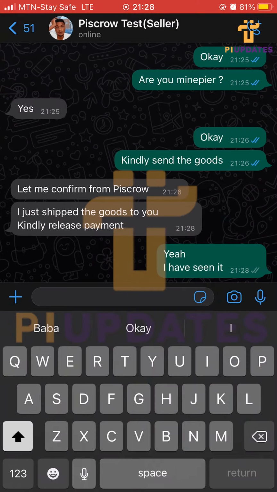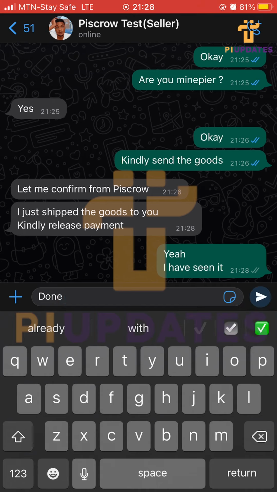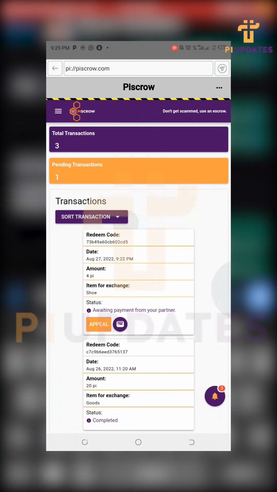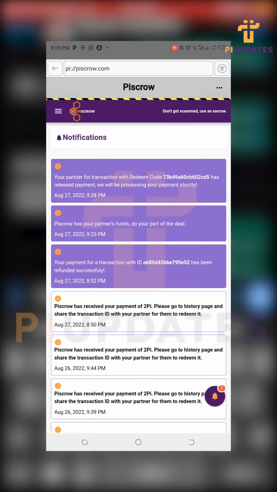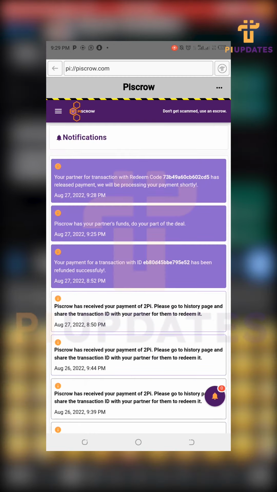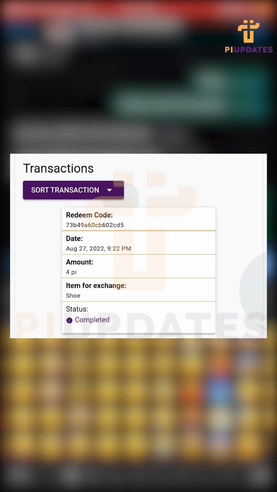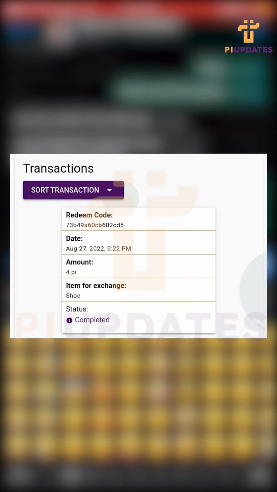So you see, with this whole scenario, there's nothing like someone blocking you after sending Pi to the person, and no one is getting scammed. So Piscrow is a third-party application that makes sure that the buyer and the seller are satisfied in one